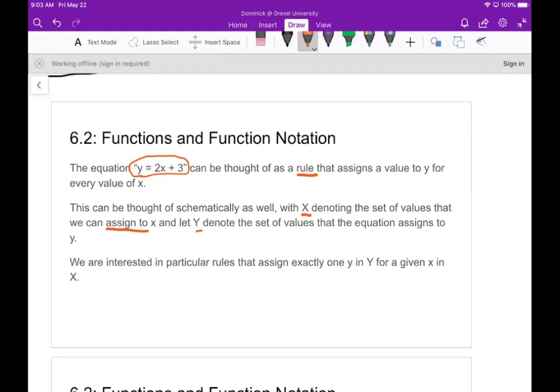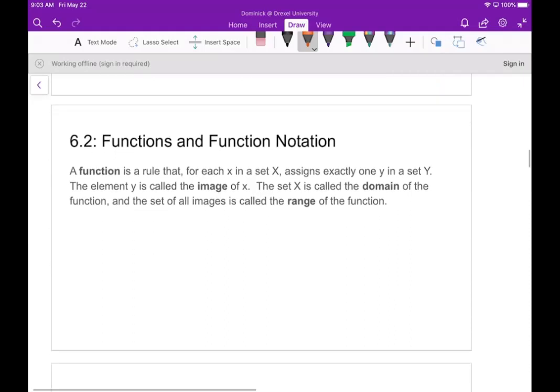Now, what makes a function is a particular rule that assigns exactly one y for any x value, all right? So what we're really saying here when we have a function is that it's a rule that assigns each x value to exactly one y value, right? So let me just comment on that a little bit more before we talk about the other things. So when you have a function,